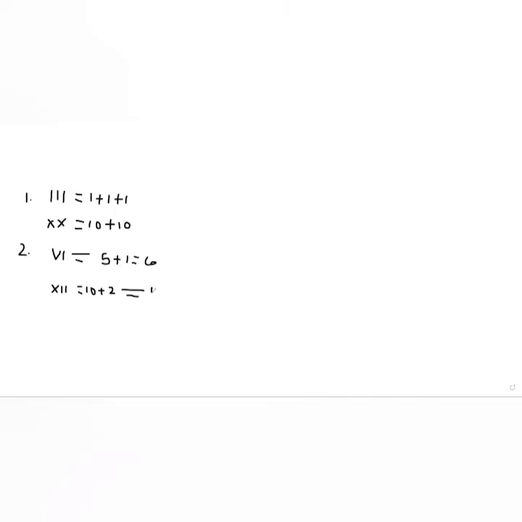Otherwise, again we have the symbol for 2 only as 1 plus 1. So writing 10 plus 1 plus 1 will be correct, because we only have the symbol for 1. 10 plus 1 plus 1. So that is the answer. Which number is that? 10 plus 2 is 12. Understand? This is 12. So here we say that a smaller number, this 1, is smaller and 5 is greater. The smaller number is written to the right of the greater number.